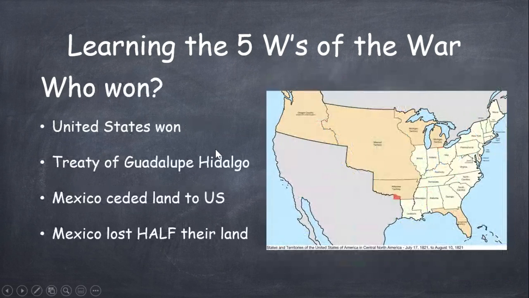So who won? The United States won. And the Treaty of Guadalupe Hidalgo was signed. Mexico ceded land to the United States. Mexico lost half their land. And when I say half their land, that's what I mean by losing half their land. So if we look here at this map,